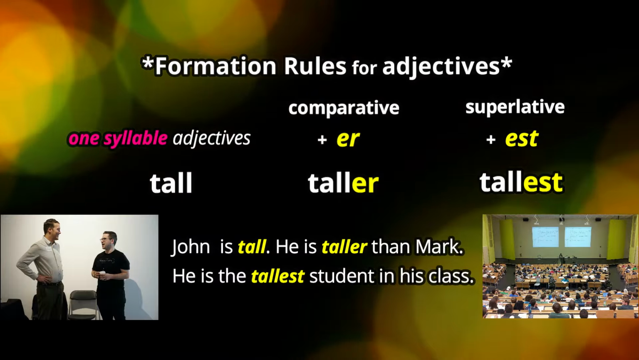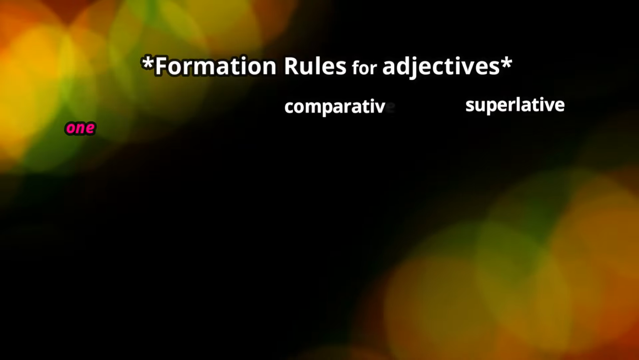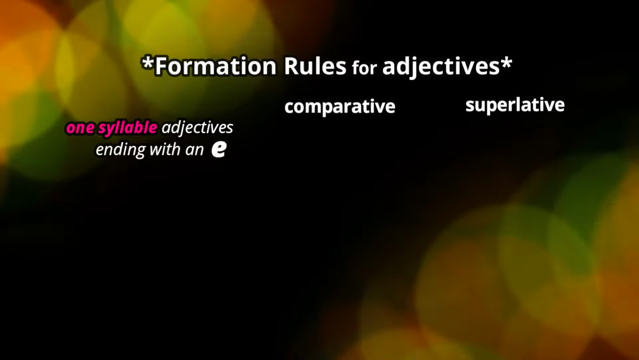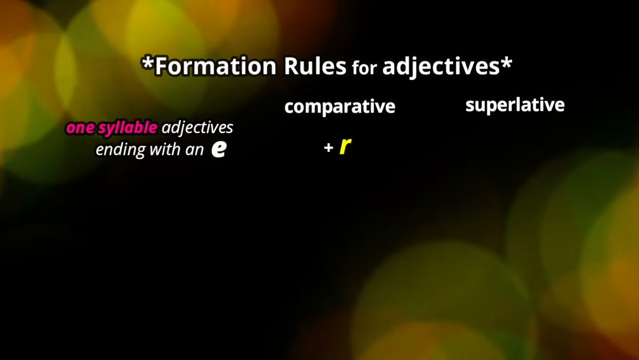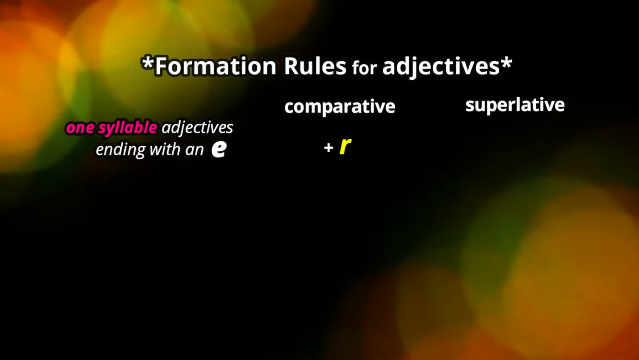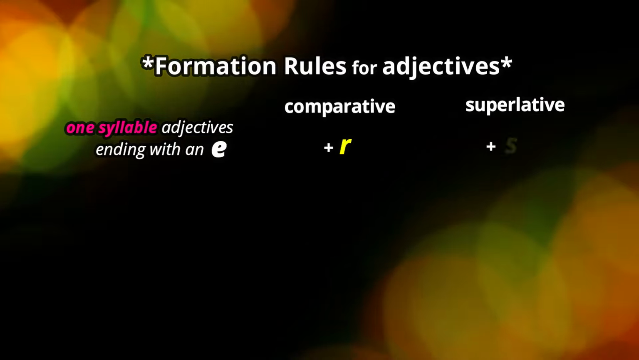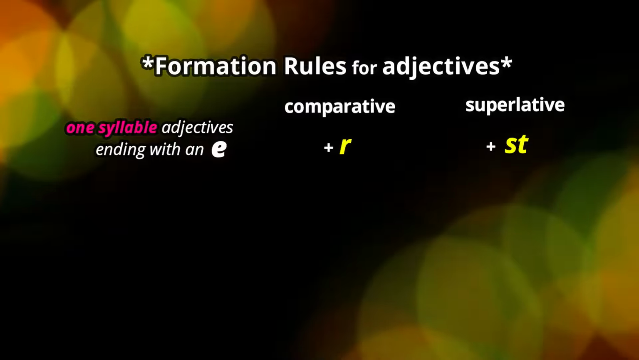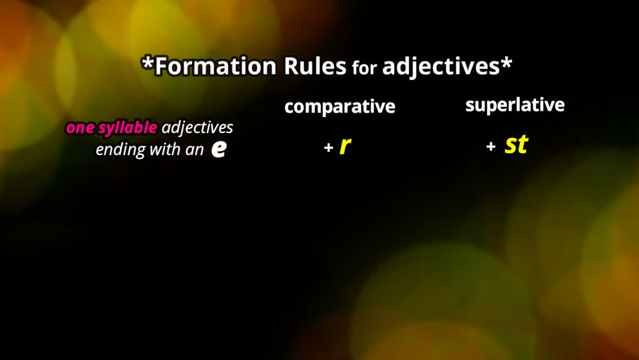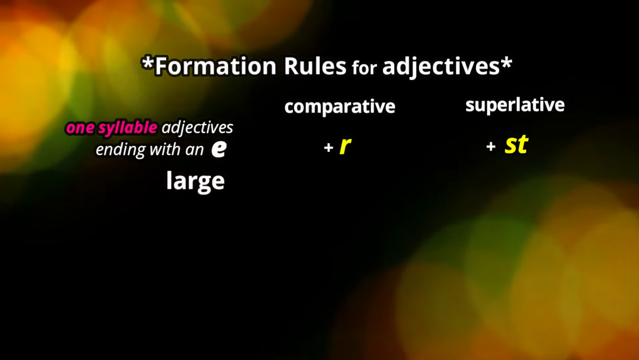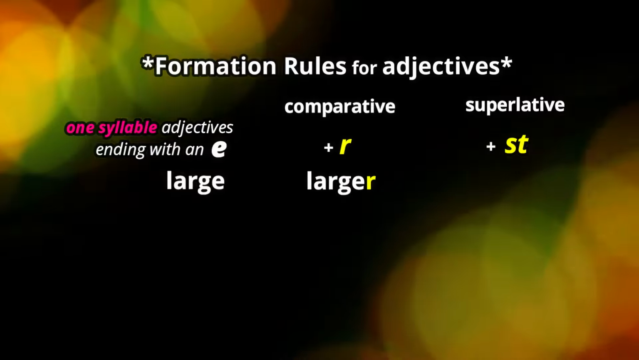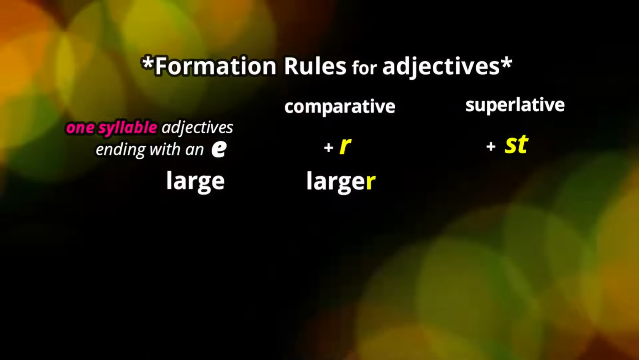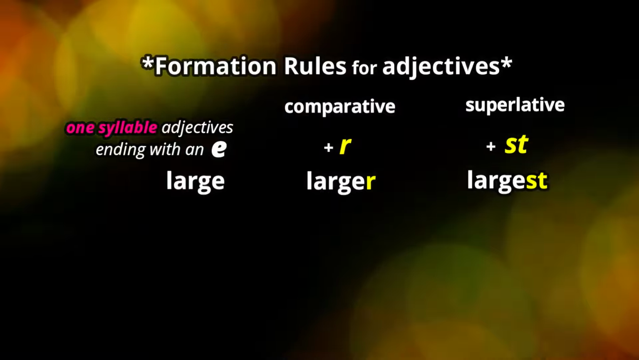Got it? Okay, now with one syllable adjectives ending with an E, just add R for the comparative form and ST for the superlative form. So let's take a look again. So we have our adjective is large, it ends with E. Our comparative is larger, right? Just add the R. And the superlative is largest. We just add the